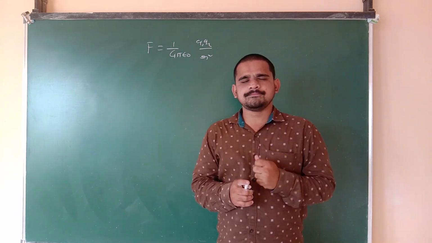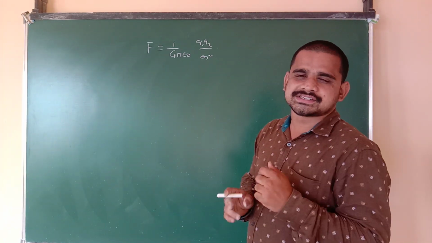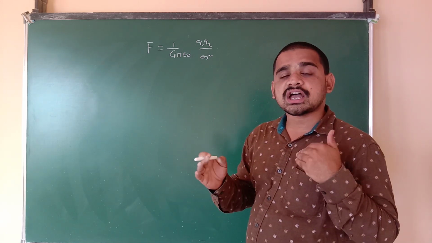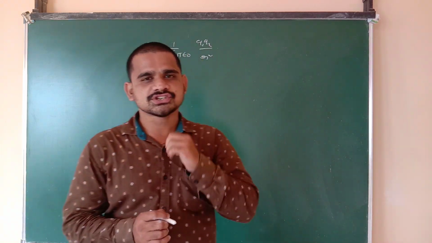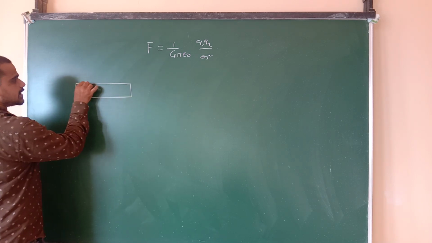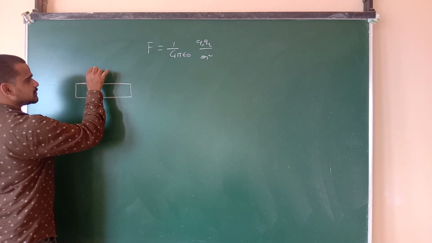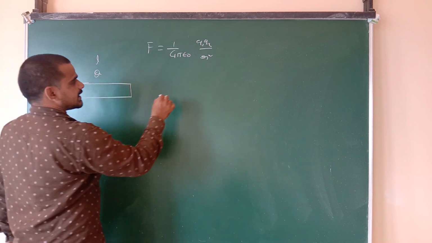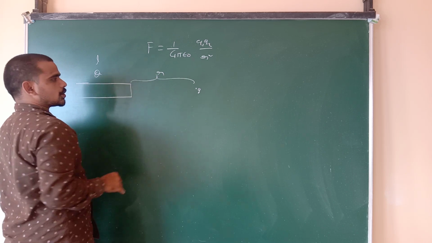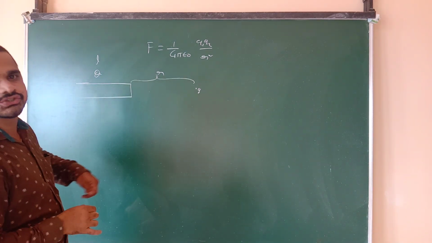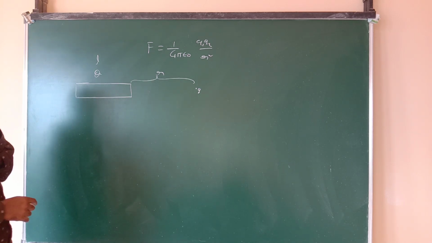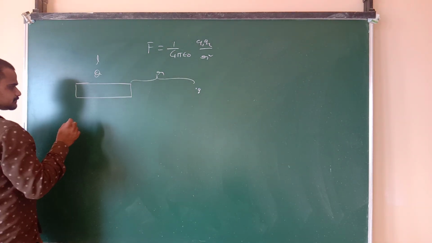Now if you observe here, these are two point charges. Instead of point charges, if there is some mass charge distributed body, in that situation, how do we find the force? Here I can take a line of charge. A rod is there having a charge capital Q of length L, and a point charge I am keeping at a distance of R from one end of the rod. What is the force between these two charges? Now how to write it? I'll tell you here. Listen.